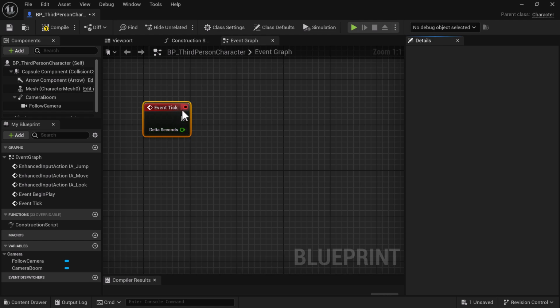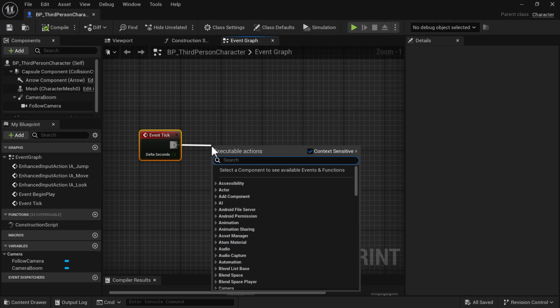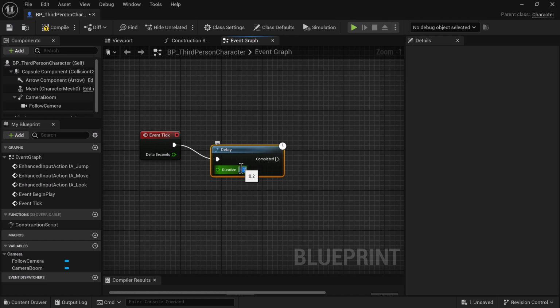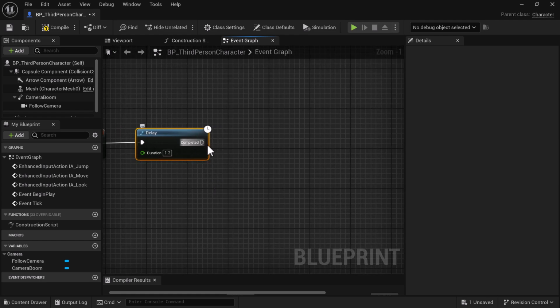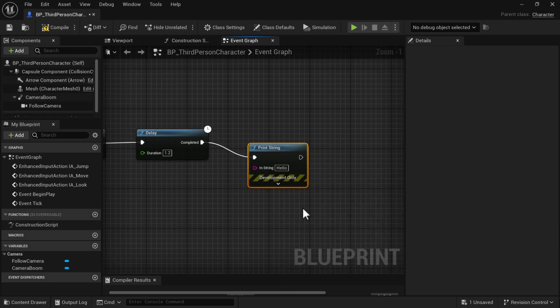Okay, so right here, you can only have one of these per character blueprint, and it basically executes an event every frame. But for our example, we're going to slow that down by using a delay. And for that delay, we're going to go ahead and do 1.2. And then we're also going to use a print string to see what's going on. All right, so we're going to just go ahead and say here, I am